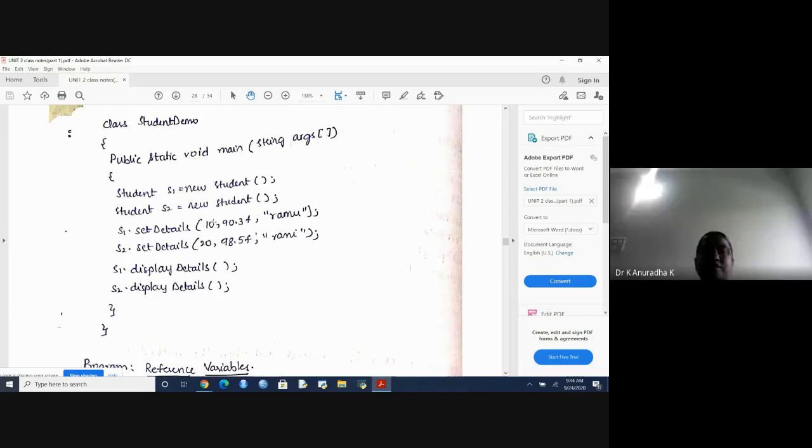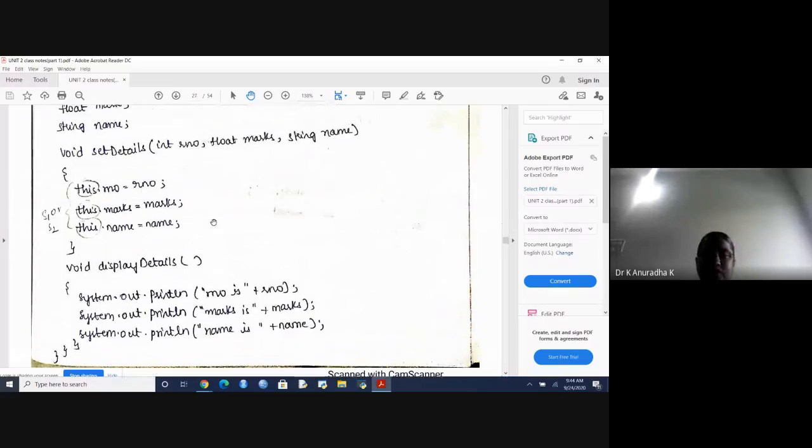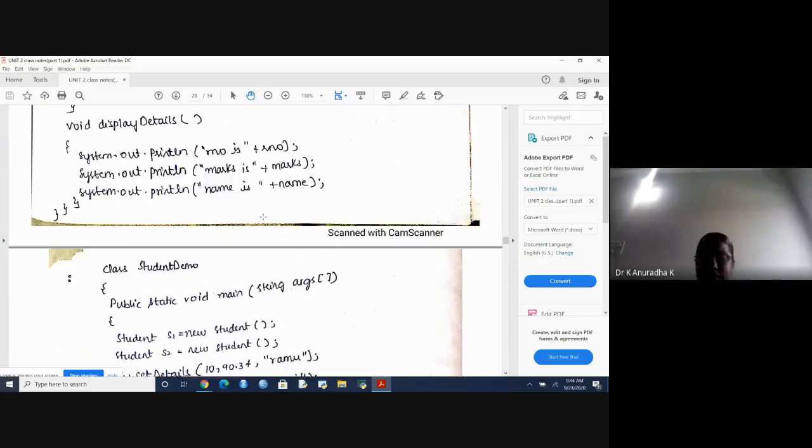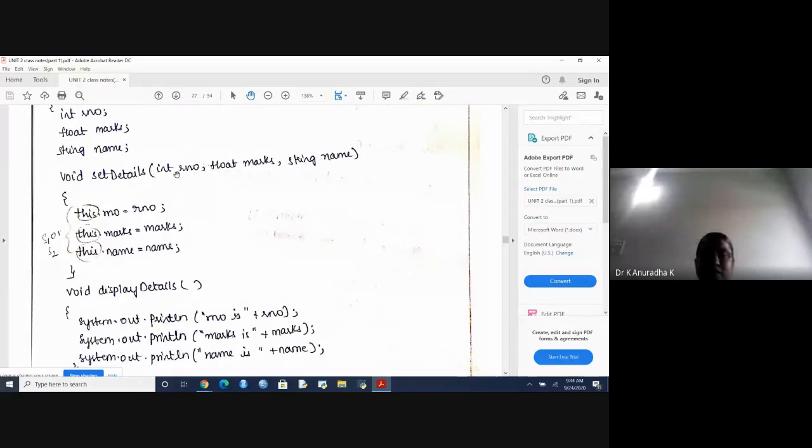So what are the values we should send? Roll number, marks and name. So for the first student, I am assigning 3 values using the setDetails method. The first student object reference variable is S1. That's why S1.setDetails with 3 values. Similarly, whenever this statement is executed, it will go to the setDetails method. This is the matching method. Then this method is executed